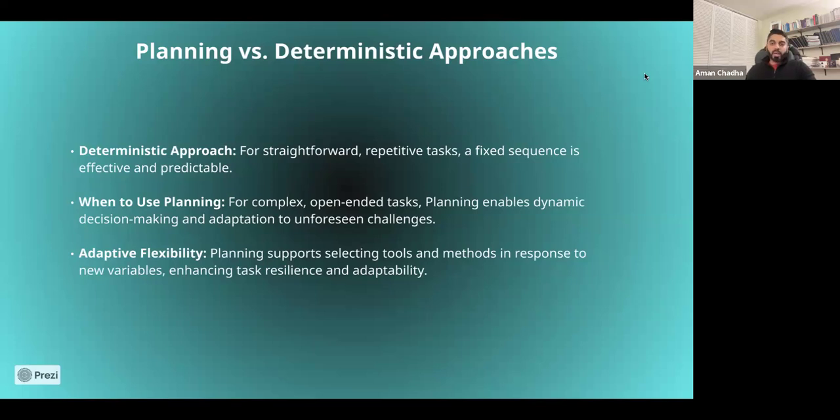All of this is then put together, the outputs of various stages, to get you the final output after all of these subtasks are executed one by one. So this is the idea behind using a deterministic approach for some of the more simplistic and straightforward use cases versus using planning for something that can be naturally modeled as a multi-step problem.